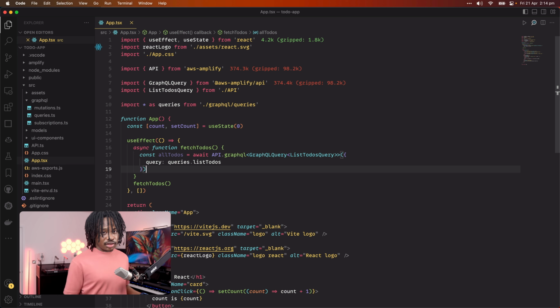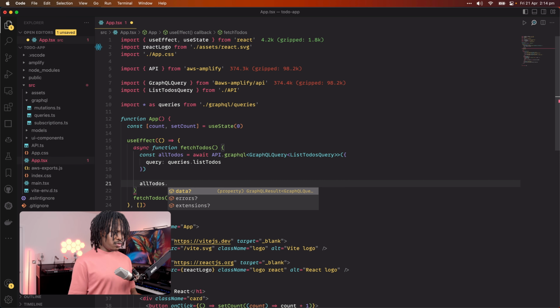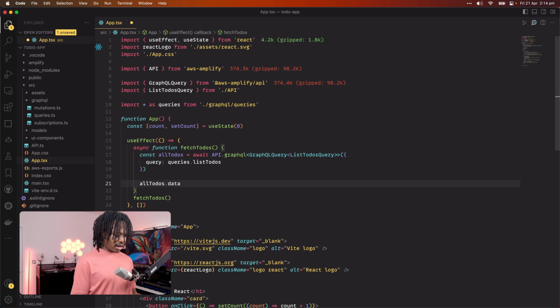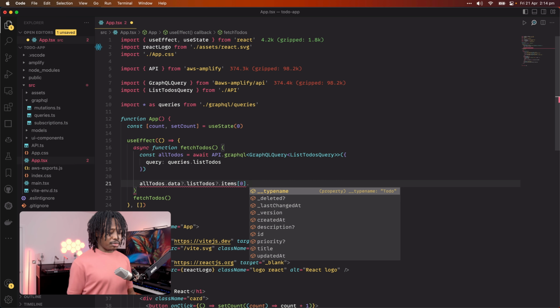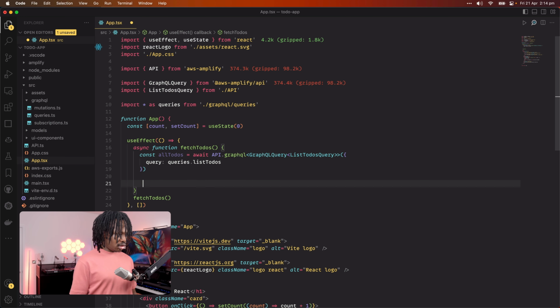Now this is the point we start reaping the fruit of our labor. So if you call allTodos and hit dot, you can see we start getting IntelliSense for the data structure for this particular data. So if we access data and access listTodos, we can see all of our items. And let's say we grab the first item and hit dot one more time, you can see all of the properties that are available on this particular data item. So let's say we just want to take a look at the title,